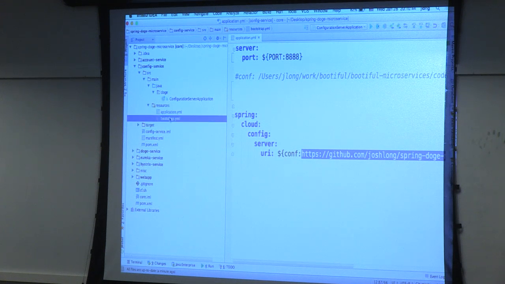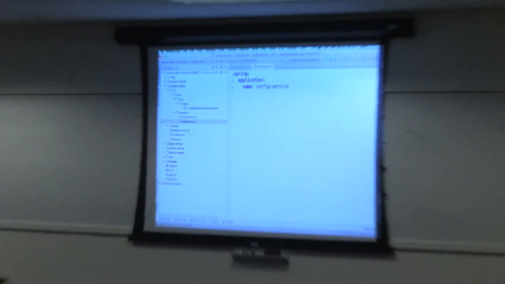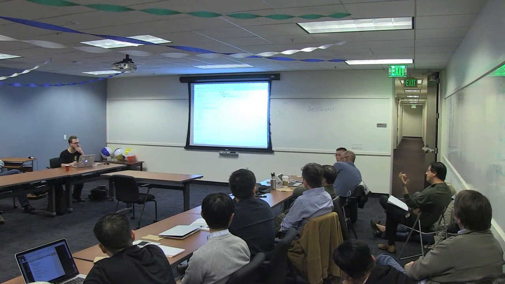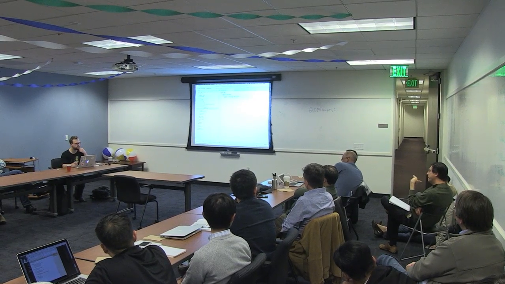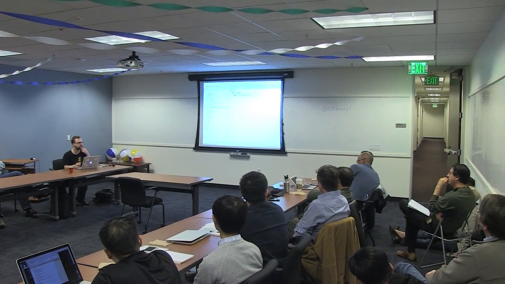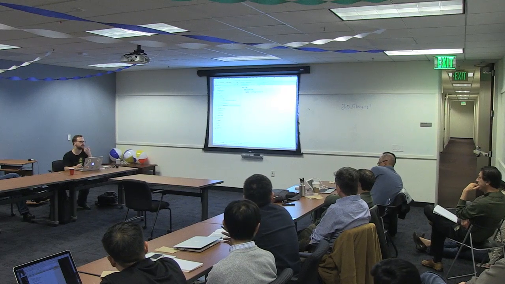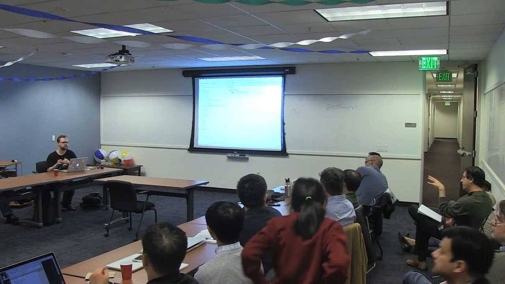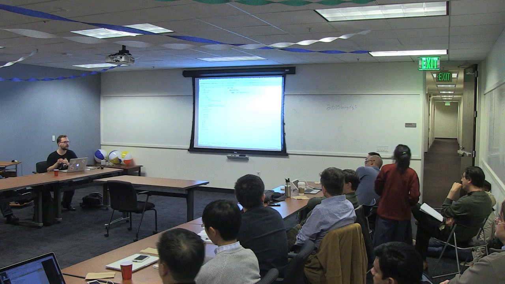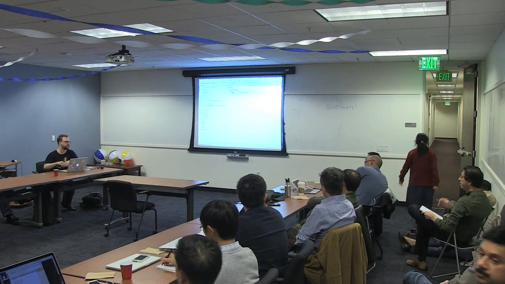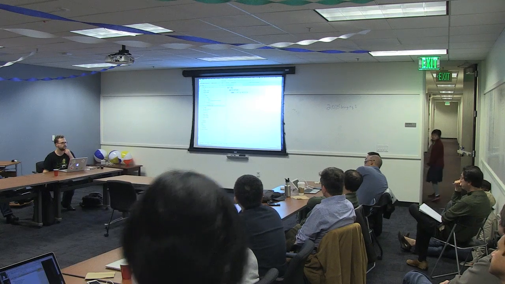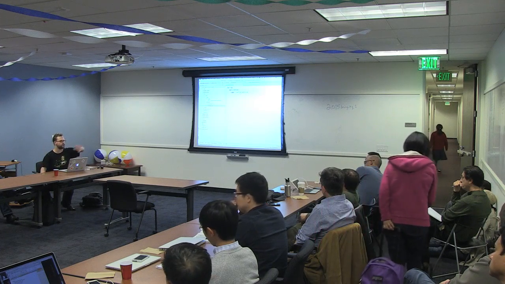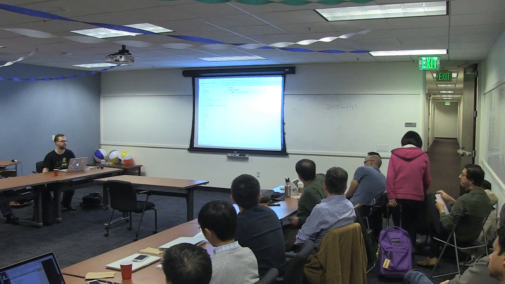Yeah? So how will this work for a separate application? Like if I were to build an application, I would have to have a GitHub repository for my configuration files? I'm confused. Yes. A little bit. Okay. Yes. Well, if you want the config server, you need a separate GitHub repository for configuration. Yeah, for all of it. I mean, if you have 100 services, then you'll put 100 files in one repository. Or if you have 10 different microservices in one business vertical, and then the other organization has more, whatever. That's up to you, right?